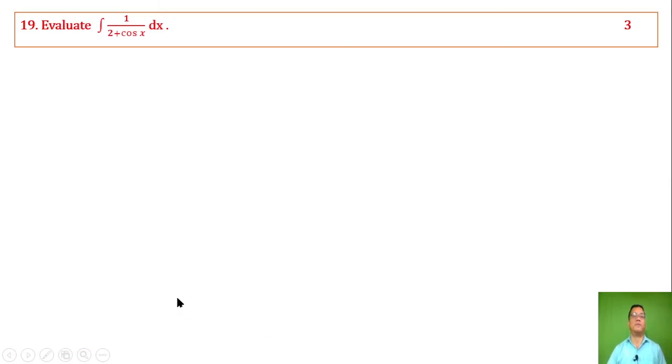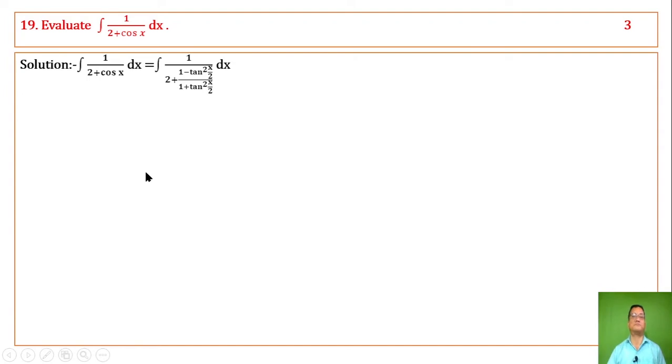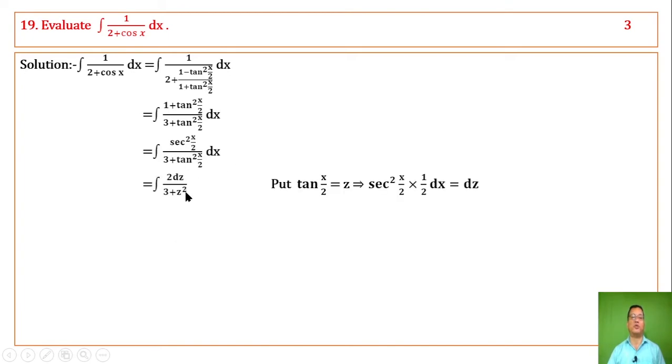19. Evaluate integral 1 by 2 plus cos x dx. 3 marks. Cos x in terms of tan x, the trigonometric formula, then simplify this to 1 plus tan square x by 2, sec square x by 2, then tan x by 2 is z, putting tan x by 2 as z, a new variable, taking the derivative,